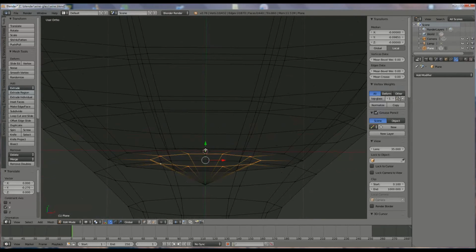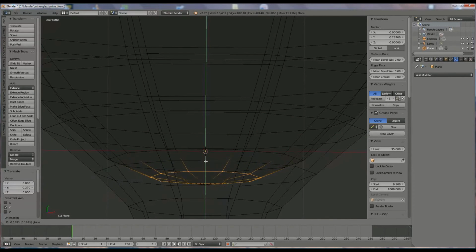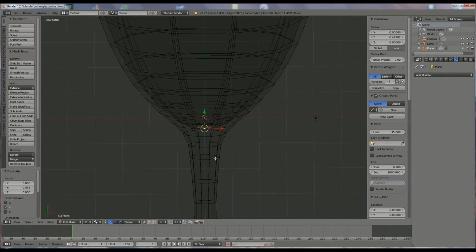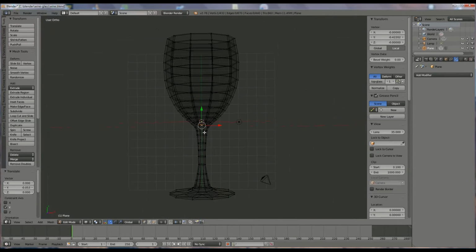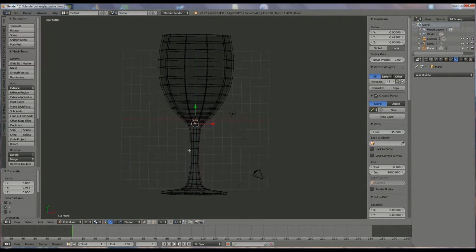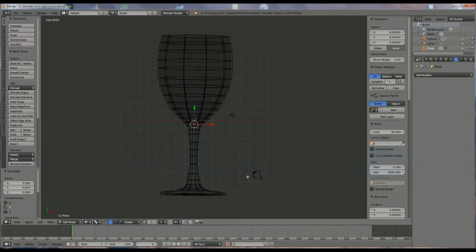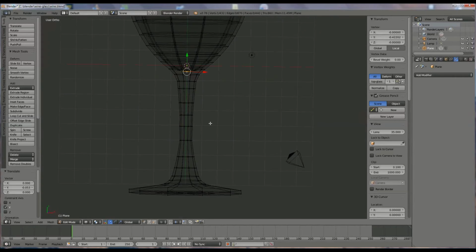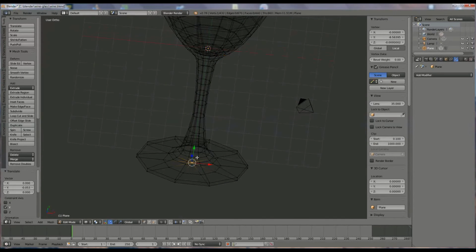Because it's changed to a lot of vertices, so we bring them down a little bit. I want that perfect, not perfect, a round shape. I'm going to bring this one a little lower. Okay, I think we're approximately there. Good. Now, before we use the other modifier, subdivision surface, we're going to put another thing. I'm going to select that one and bring it a little more up, because from the glass